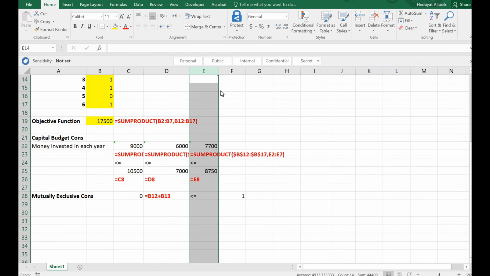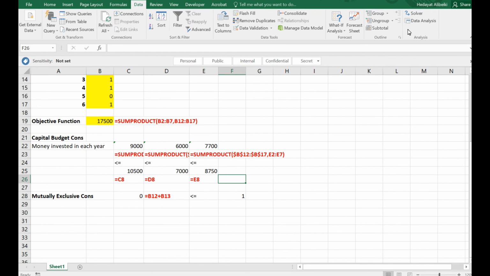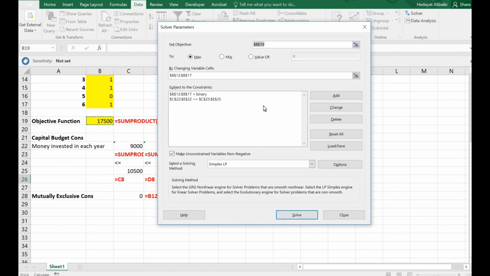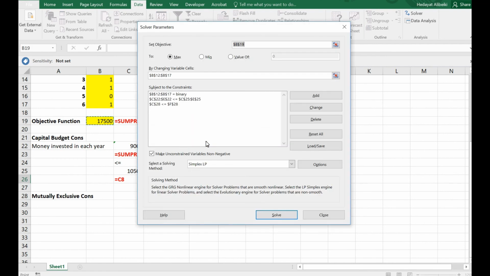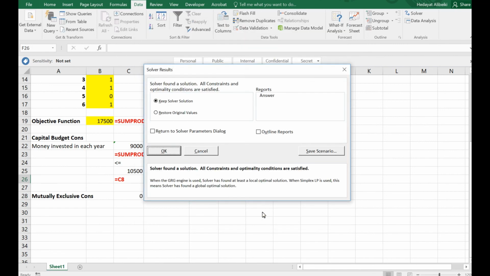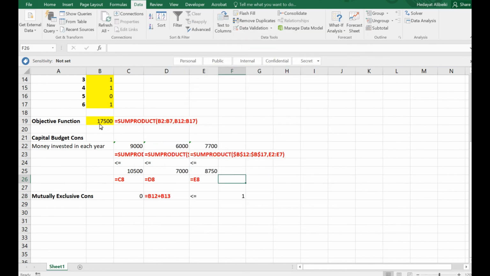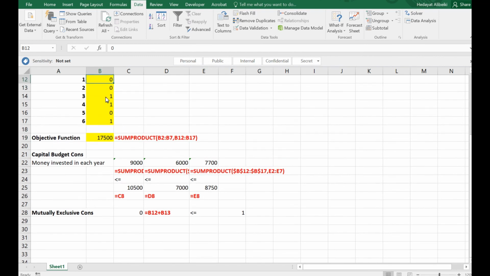And then the way we add it, we just go back to our solver, and then we add this one less than or equal to this one. Okay, and solve. And like I said, the NPV amount and the optimal decisions here are the same. So it's not gonna change anything because it's not gonna affect the optimal solution. And then the next one